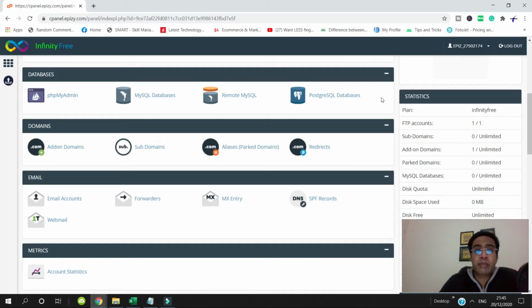Hello, ladies and gentlemen. In the previous session, I introduced you to two platforms, infinityfree.com and another platform from Hostinger, which will help you create a WordPress website free of cost, and you don't have to pay any charge for that. I have also explained a little bit about infinityfree.com, how you can register and what things you have to take care of before you start creating the WordPress website. I hope you have gone through my previous session.